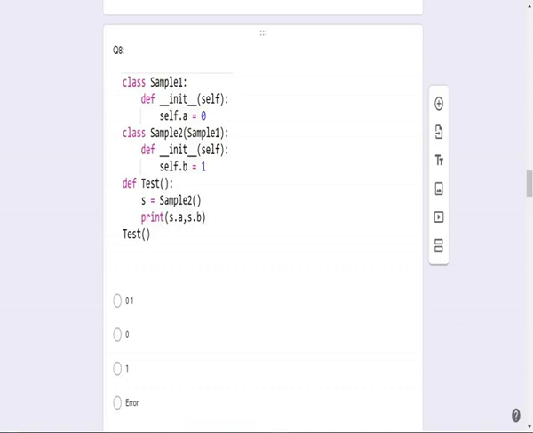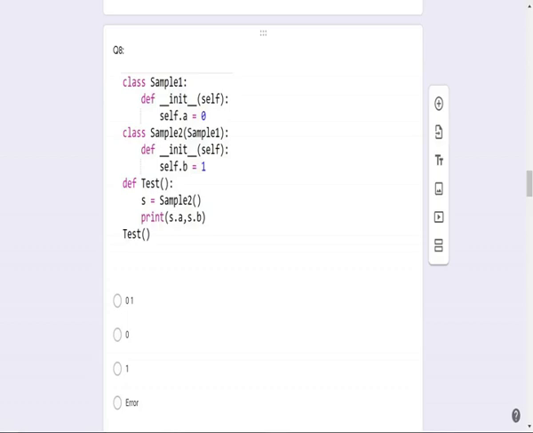Sample 2 does not know anything about a because we have not inherited the constructor. That means s.a is not available.